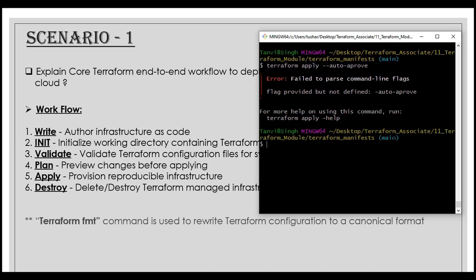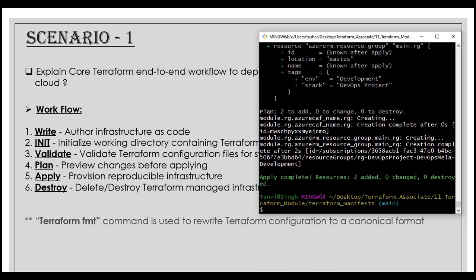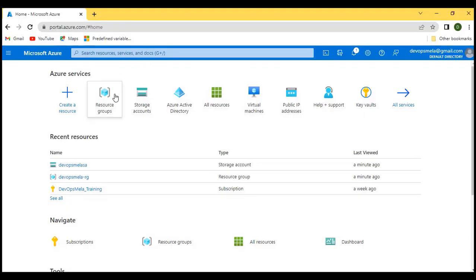Okay, approve, spelling mistake. Okay, it may take time. Let's hold on and come back once my resource is created on Azure cloud. Okay guys, so apply was successful. The resources are created. If you want to go ahead and check,